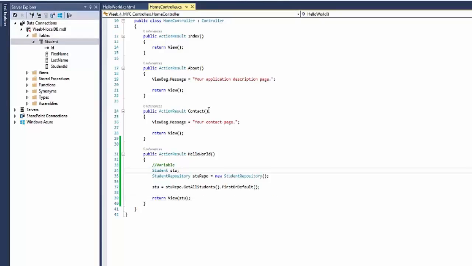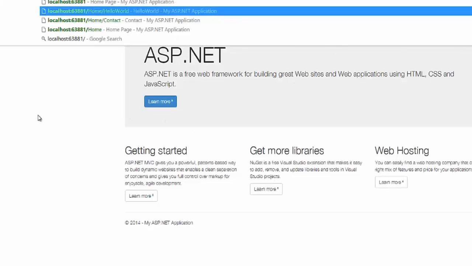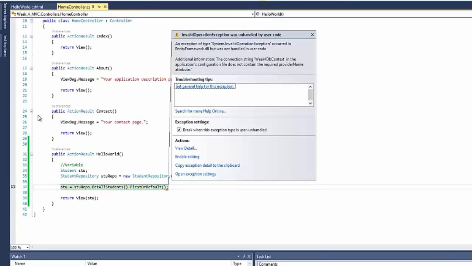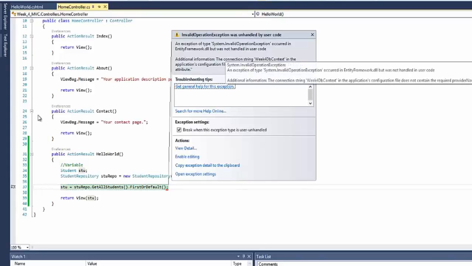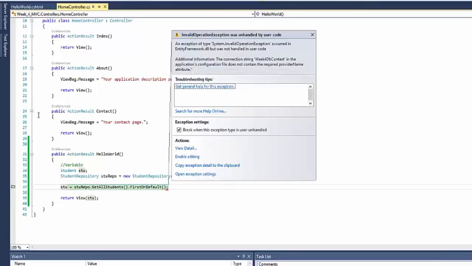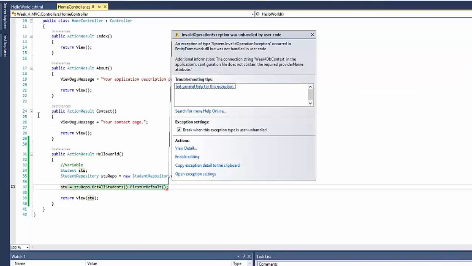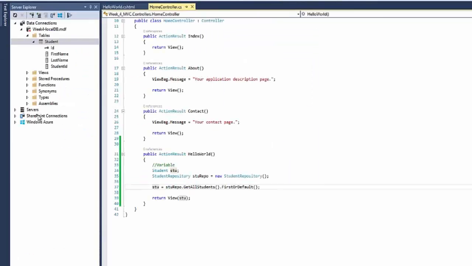So F6, everything compiles, F5 to run. Go ahead and get rid of that extra tab. So we're now in our application. We can say home/hello world, and we're getting a compiler error. Additional information: the connection string for DB context in the application's config does not contain the required provider name attribute. So one piece that we missed in setting up our web config